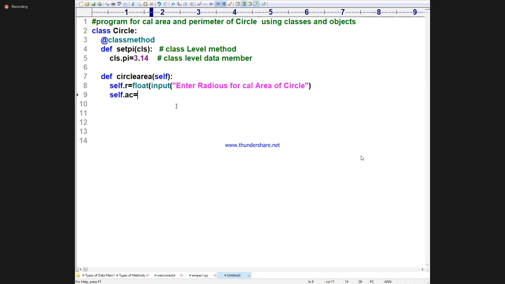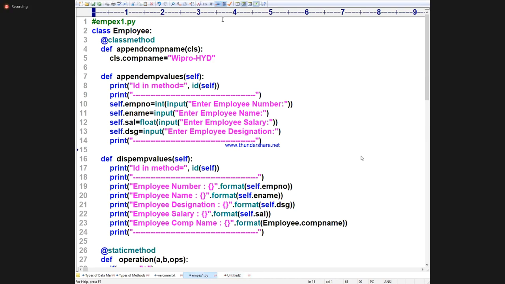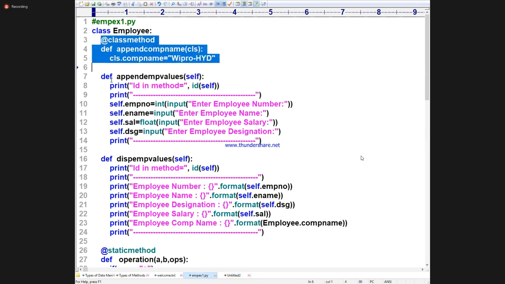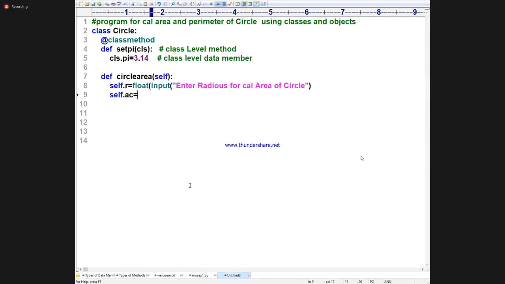Raj Singh, there is no such rule that first we need to write instance method, later we need to write class method. No. Already we discussed here. Here also we wrote class method first. There is no such rule that instance method is to be written first. No such rule. Come on. Next, self.ac is equal to,